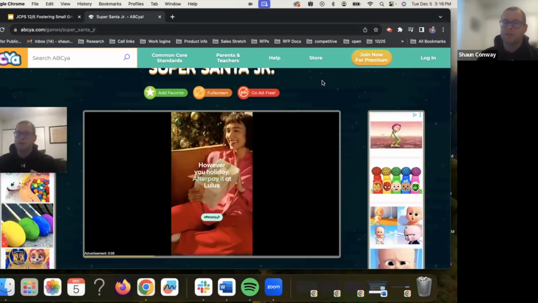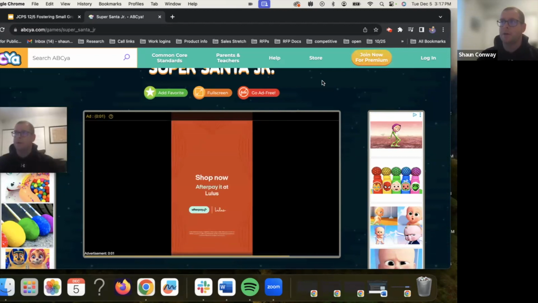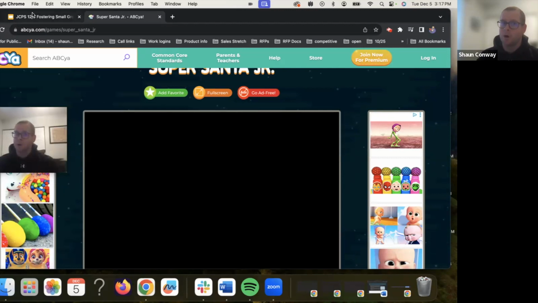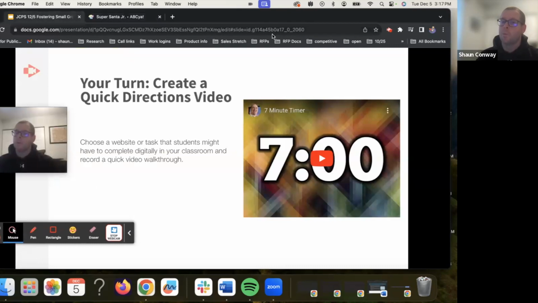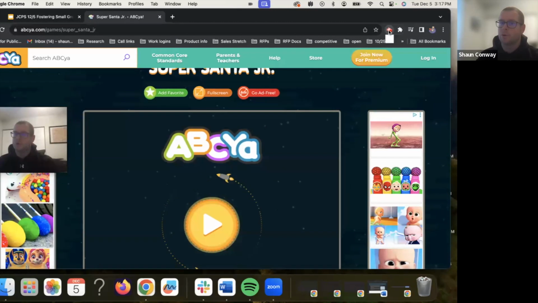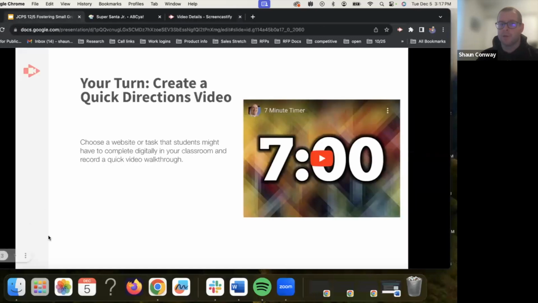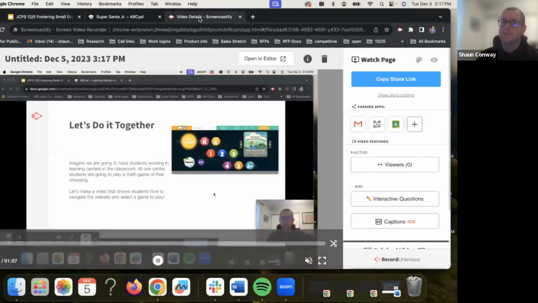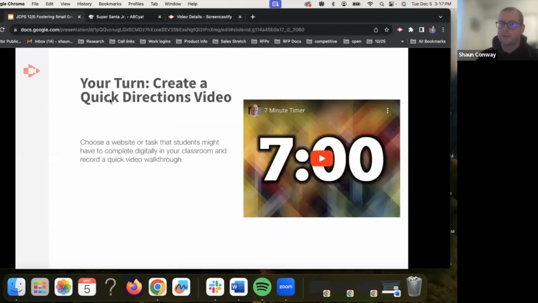Now, as you may have caught, the annotation toolbar disappeared when I went to this page. Depending upon the interactivity of a certain website, sometimes that will go away, though the annotation options are still available back here on my Google Slides. But if it goes away, you can always stop your recording by clicking on the extension and clicking stop, or by coming back to that page, at which point the annotation toolbar would have still been there had I not clicked stop. And so our goal is to be able to create these types of videos with our annotation toolbars.